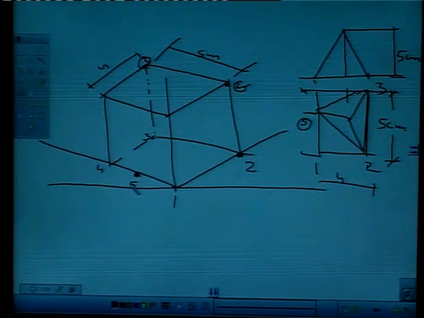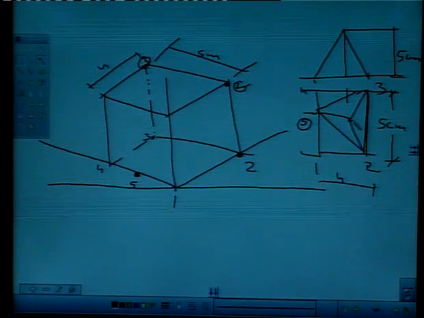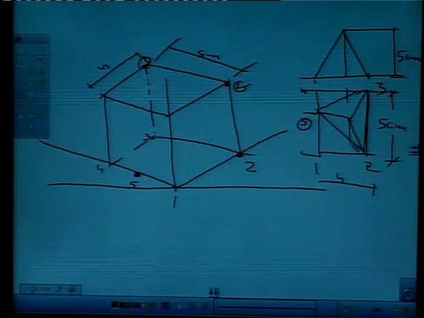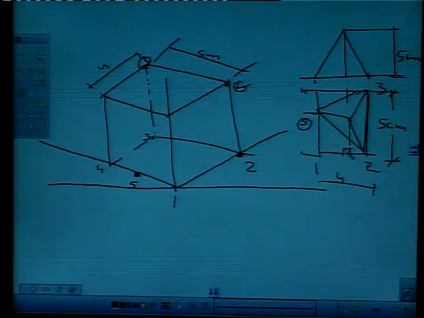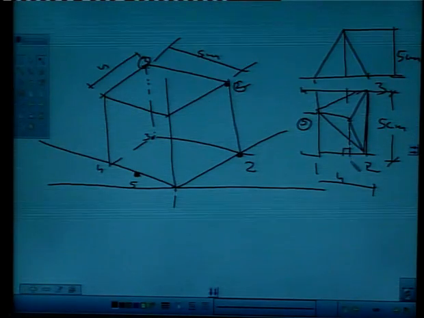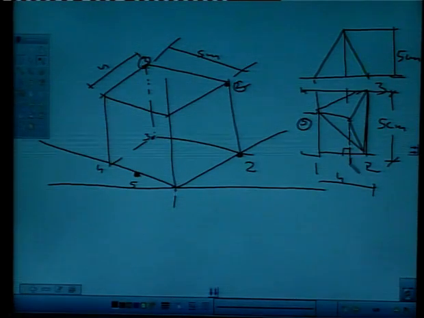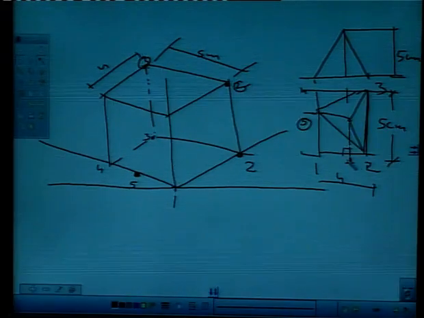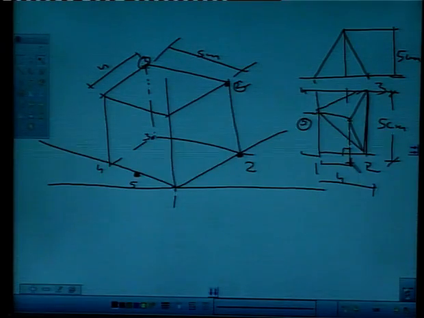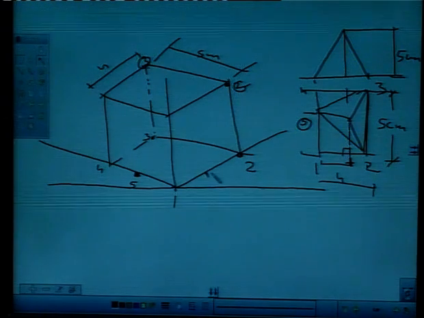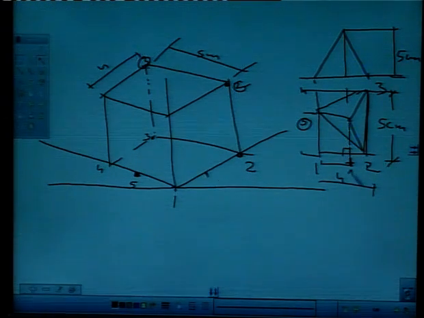And how to work out this point? For working out this point, I will draw a perpendicular from here like this in my orthographic drawing, right? I will draw a perpendicular from this point, right? Then I will get this point here, right? Simply measure this with the compass, right? And mark it here. Say this is point, say A,